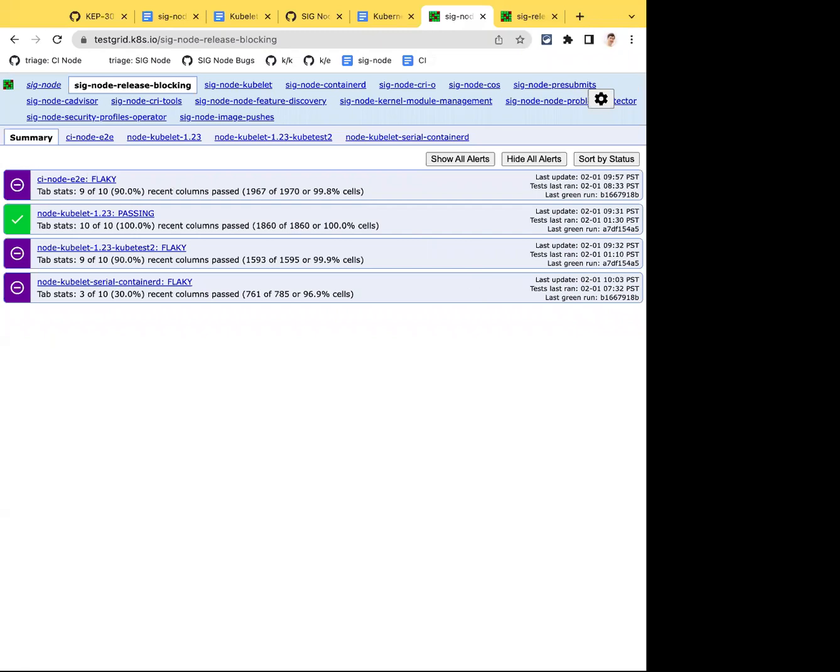Yeah, and then eventually, maybe by the time that we actually look at making it properly release blocking for SIG Release, we'll have moved to cgroup v2, or maybe it'll make more sense to have it be v1. You know, we'll have more feedback on that. So for now, we can add both of them to our release blocking tab. Okay, and